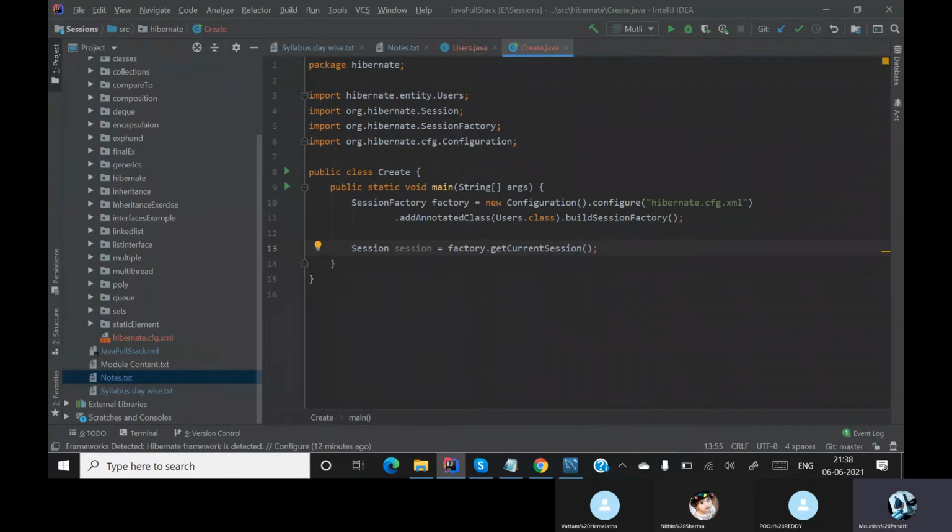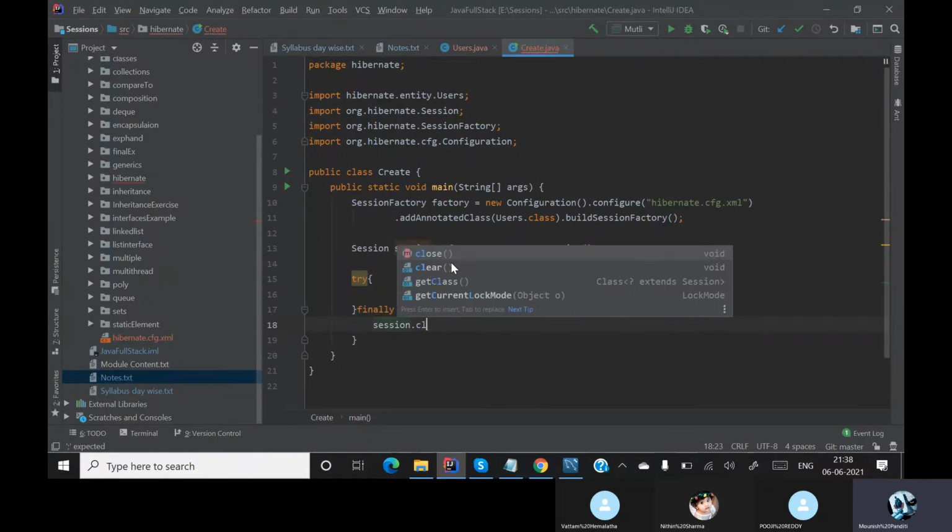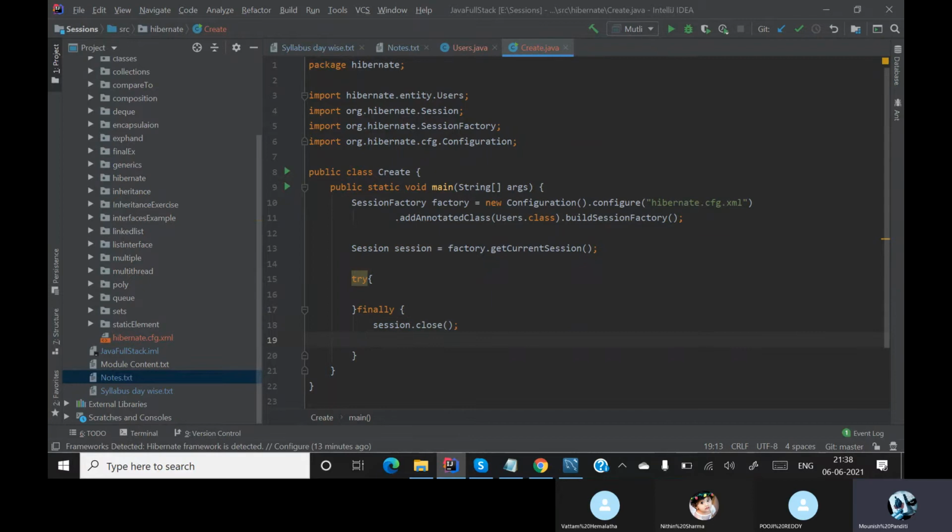Now what we have to do is try something and get some data. So for that we will create a try block and a finally block. In this finally block, first I need to close this session after all the things are done. Then at the end I need to close my session factory. This is very important because it may lead to garbage collection if not.